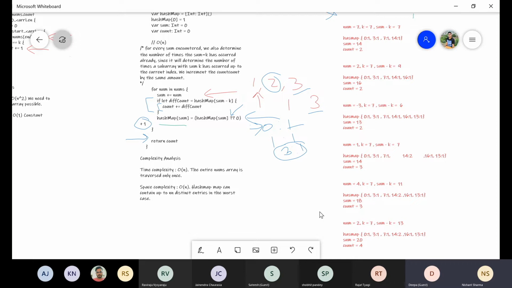When we talk about sum of j, it has a sum from 0 to j. But when we want to calculate a sum from i to j, I need to reduce that 0 to i part. So what we try to do is sum of j minus sum of i. That will give me the subarray sum. That was the logic in the second approach.